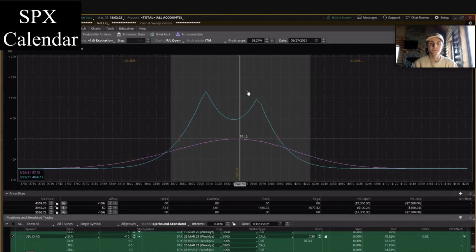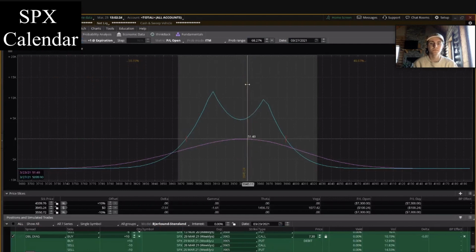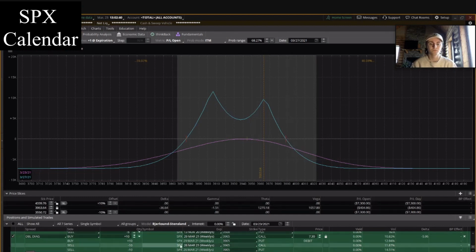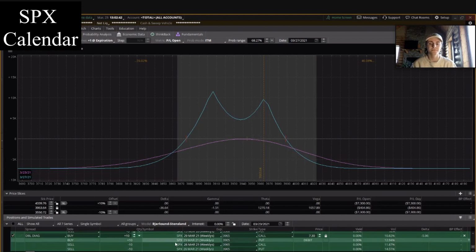So let's just say price rips up to here, end of day today, right? We get up in this 39.65 short strike. We're sitting up here in this range. Well, then we have a choice to make. We always have a couple of choices, right? One, do we close the trade and just say, all right, we're going to call this a loss and move on? I probably wouldn't do that personally, not because it's an ego thing, but because